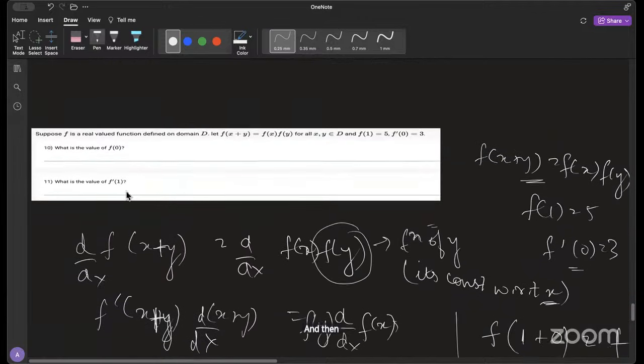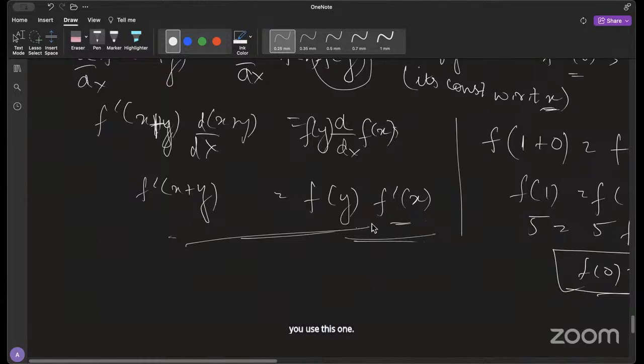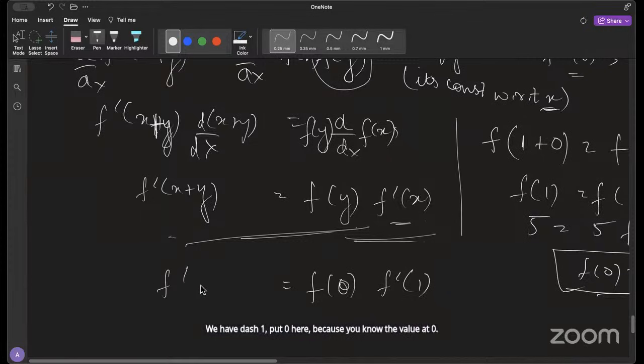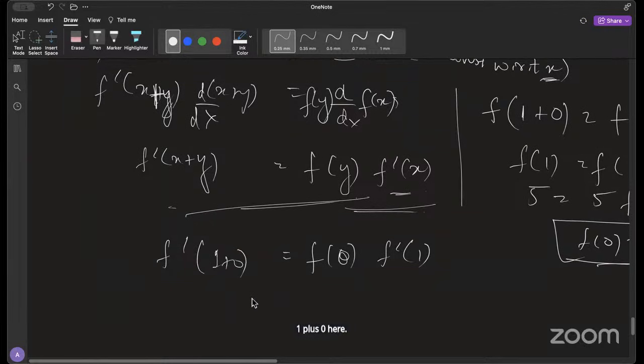And then for f dash 1, you use this one. For f dash 1, you put 1 because you want f dash 1. So in place of x, you should be putting 1, right? So for f dash 1, put 0 here because you know the value at 0. And do f dash 1 plus 0 here. So you will have f dash 1 equals